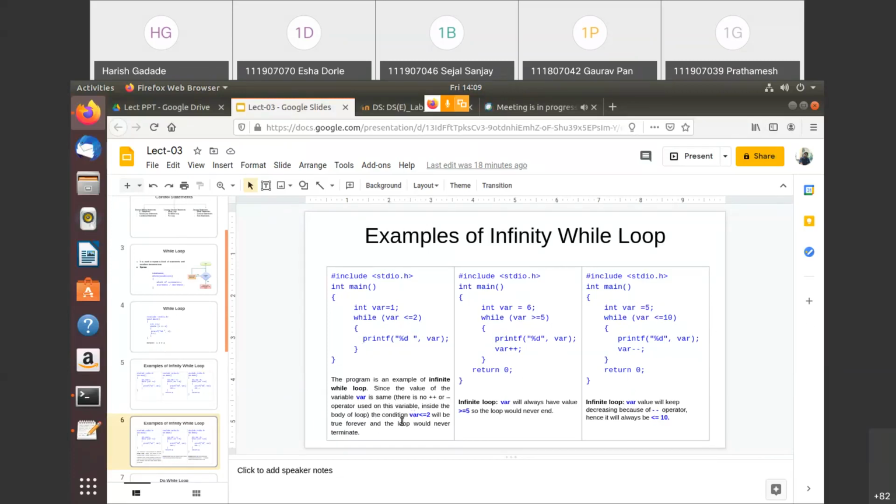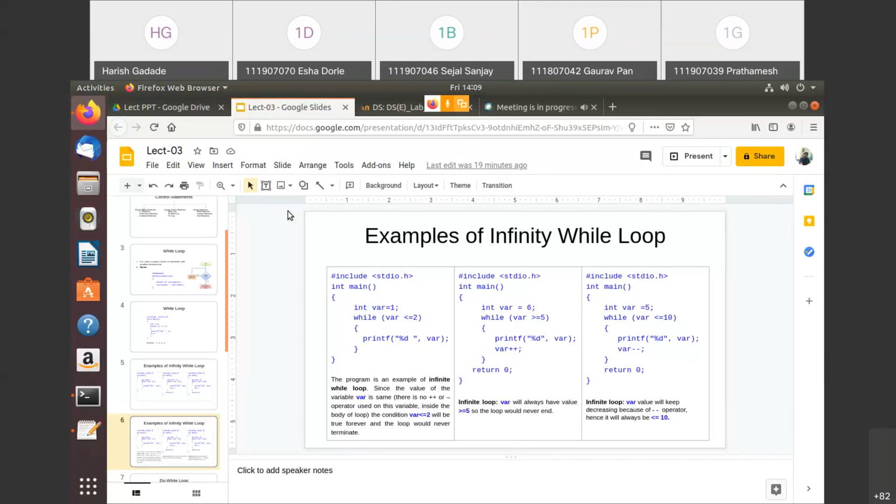So the condition var less than or equals to 2 will always be true forever, and the loop will never terminate. In this one, var always has a value greater than or equals to 2, so again this is an example of an infinite loop, and same for this one.